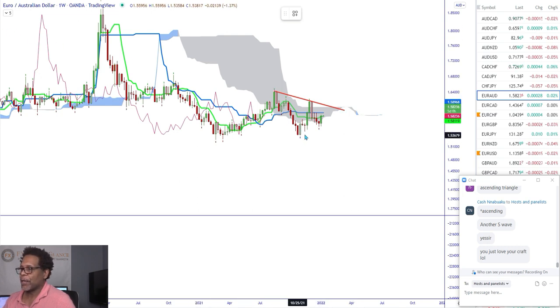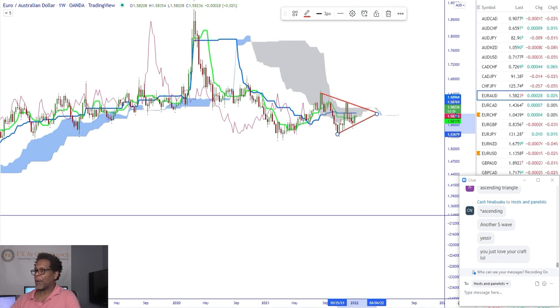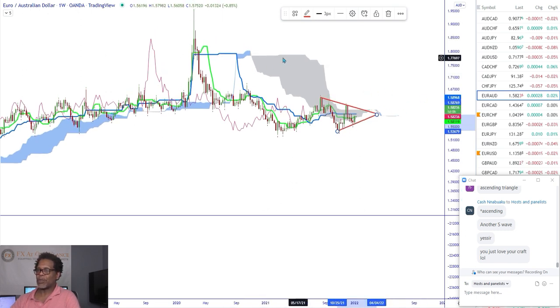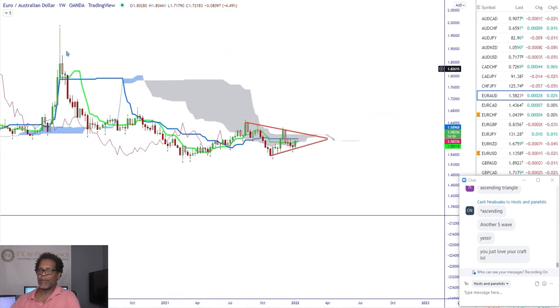So a lot of times when you get a P wave on the bottom of an extended move, you're going to get a change of direction. So this was the move down. I think we get the move up. Remember we talk about thick clouds? This cloud was kind of different. This was kind of weird. Big thick cloud, but we found the top and you could see the cloud got thicker, but the market was already dropping at that point.